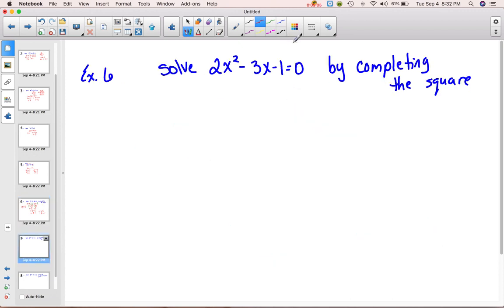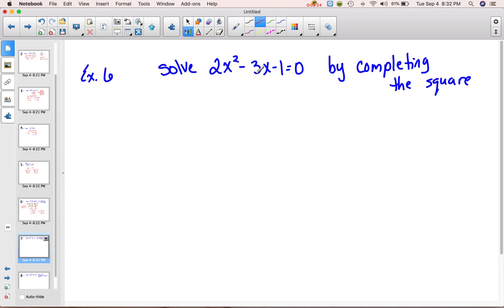Okay, here's another one by completing the square. I'm going to actually do this same problem with the quadratic formula in just a minute. But I'm going to go ahead and show you the method for completing the square. There is going to be a little time later when we are dealing with circles where we have to do this type of completing the square when you have a number in front of the x squared and it's not